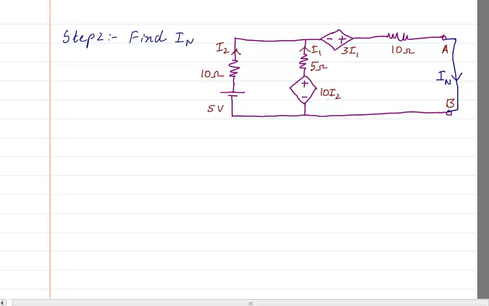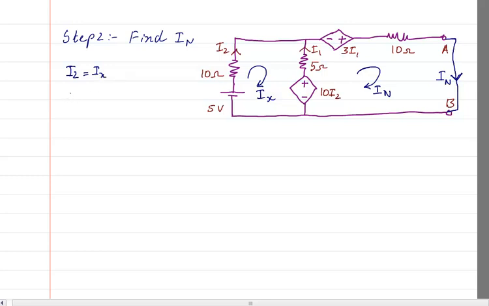Okay. Now if that is the case, then this one I will write as Ix, and this one I will write as Iy, which is basically IN itself. So let me write this as IN. Why? Because since I have already marked here it is IN, so this mesh current should be IN. Therefore now I will use the mesh. So from the figure now I can say I2 is equal to Ix, that is okay.